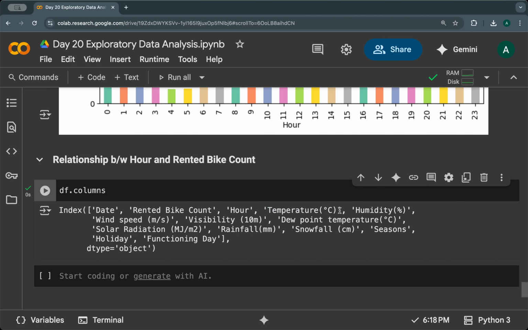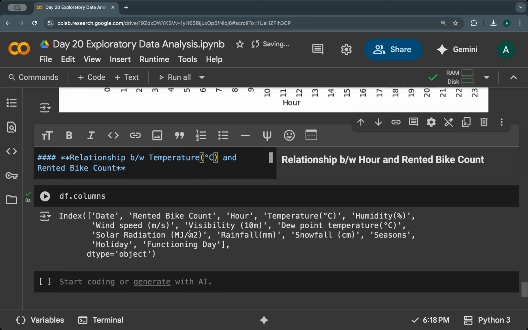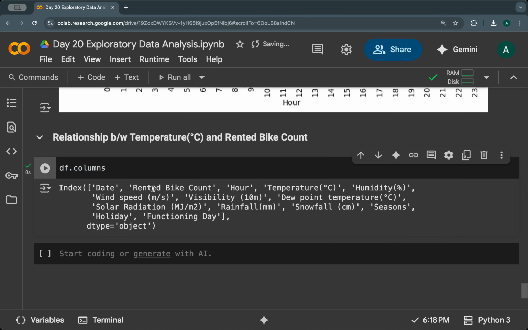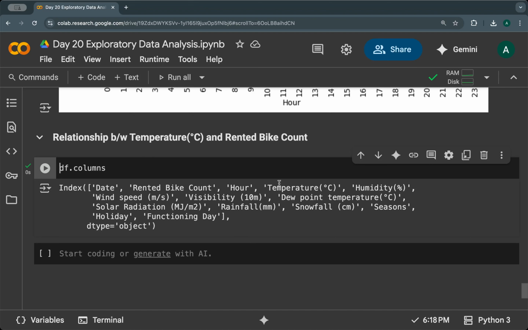Now let me extract the information from temperature, and this time we would like to create a scatter plot, right? We will check what kind of data we have in temperature, and what is the relationship between temperature, rented bike count, and